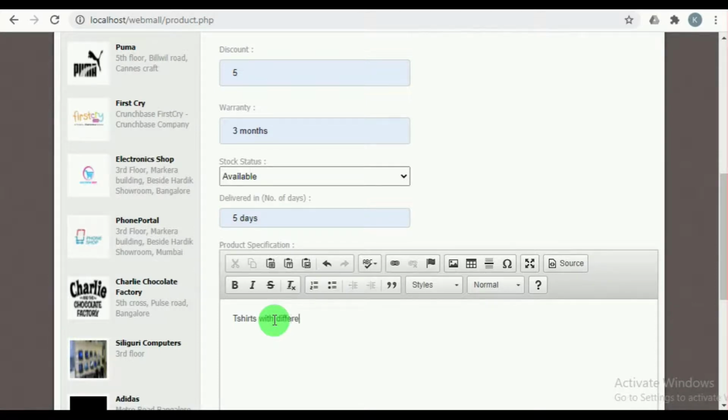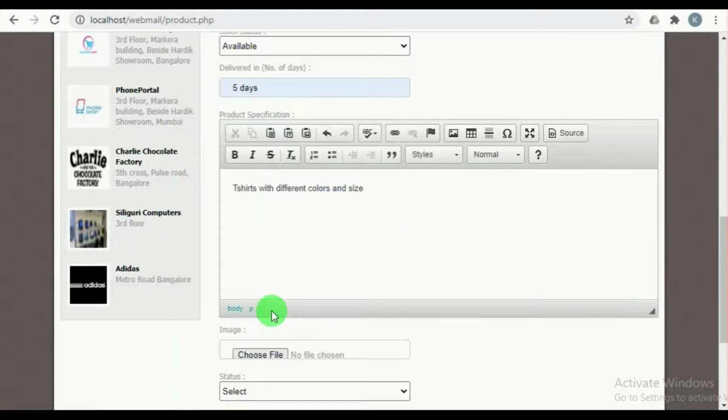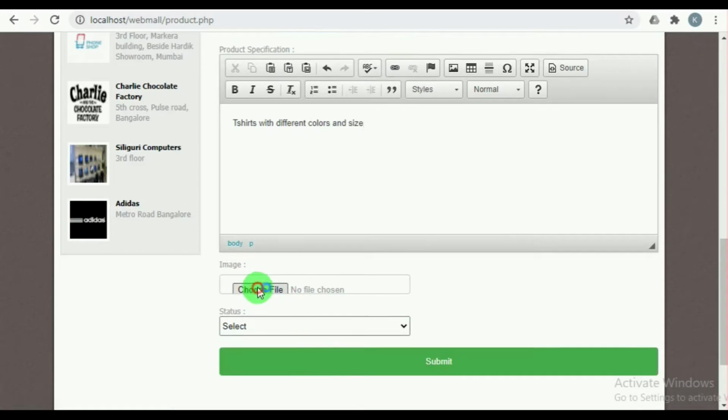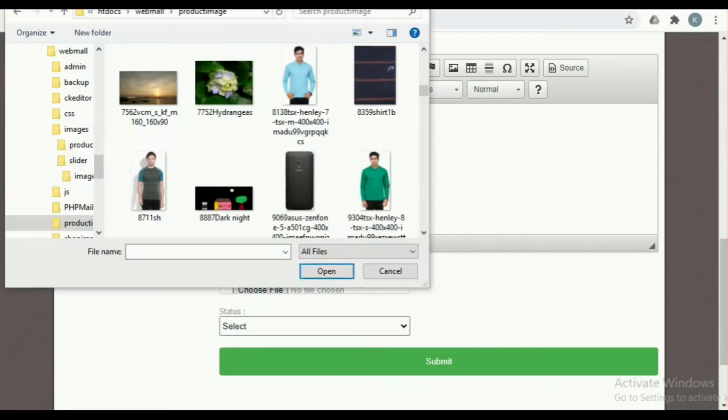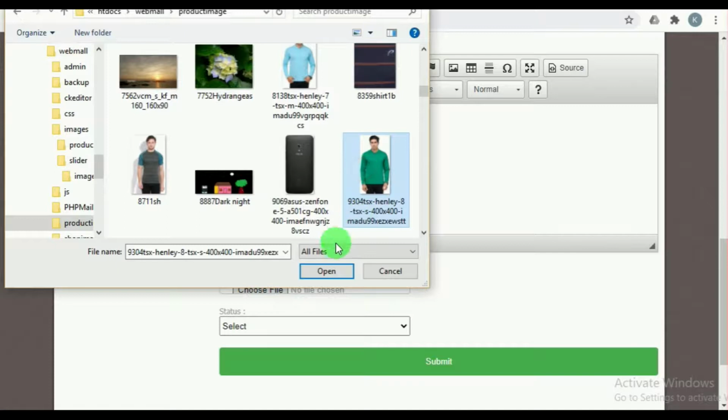The shop owner must also mention the product specification. Then the image of the product must be uploaded.